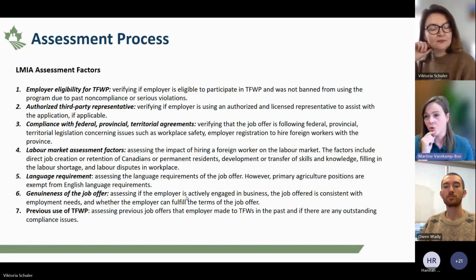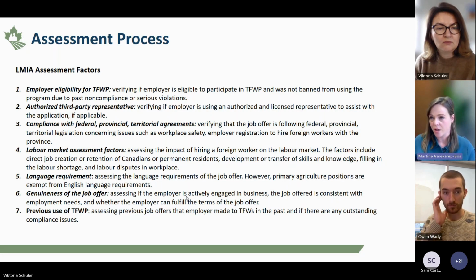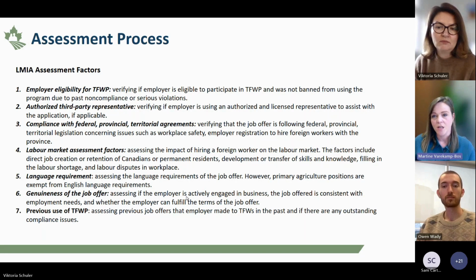Yeah. So actually that brings up an interesting point now, Victoria, especially for those that have been doing LMIA applications for some time. The employment contract used to be an essential document of the LMIA application. You actually now don't need to put it in there anymore. So you can make your own decision whether you want to put that contract in or not. The same requirements are in place around transportation that is otherwise addressed in that contract. As a best practice, I do usually put them in there